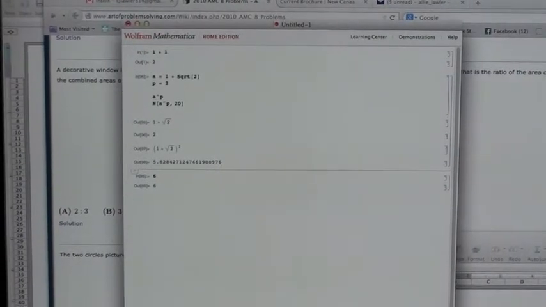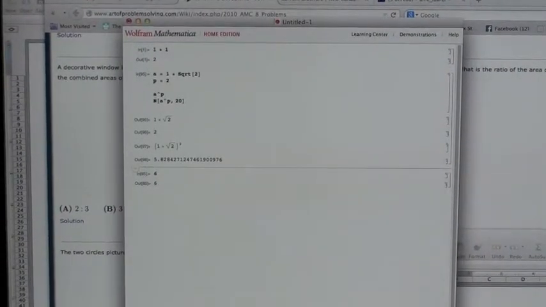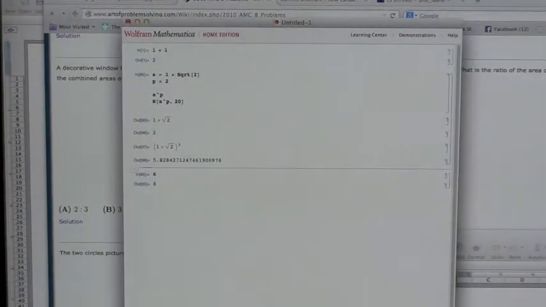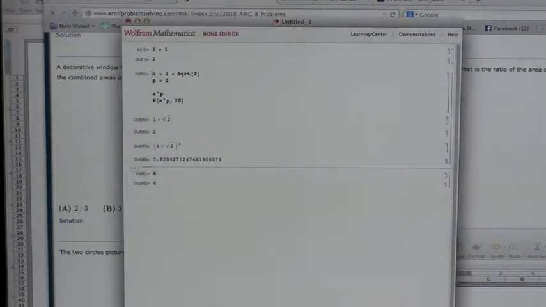Okay, so here we are at the computer, and I set up a little Mathematica formula. A equals 1 plus the square root of 2. P, which is my power, in this case is 2. Then I'm going to look at what A to the P is, and what that number is with 20 decimal places. You can see on the screen I've got 1 plus the square root of 2, and my power is 2. That's 1 plus the square root of 2 squared, which is